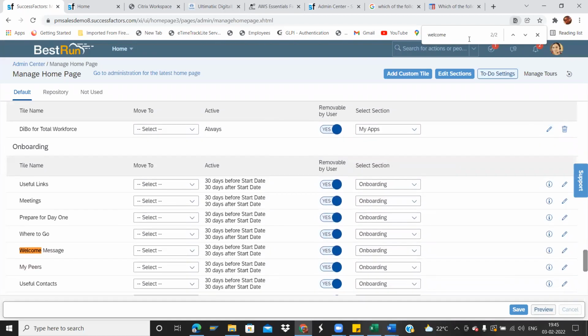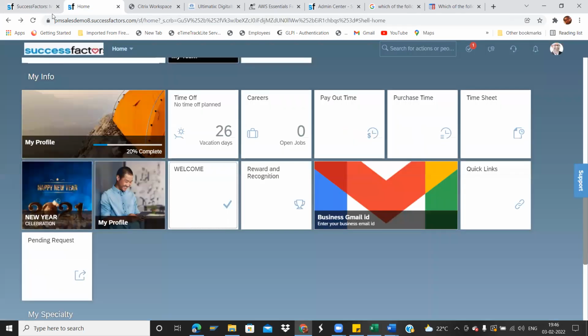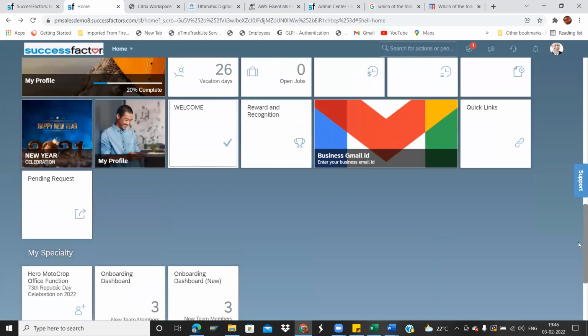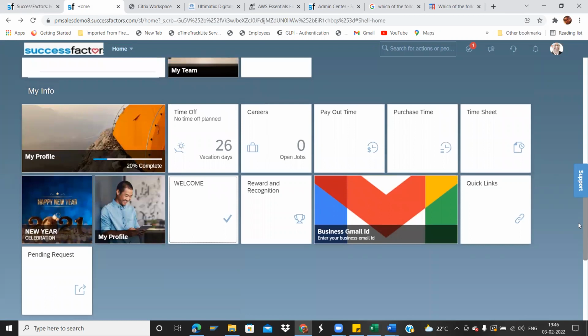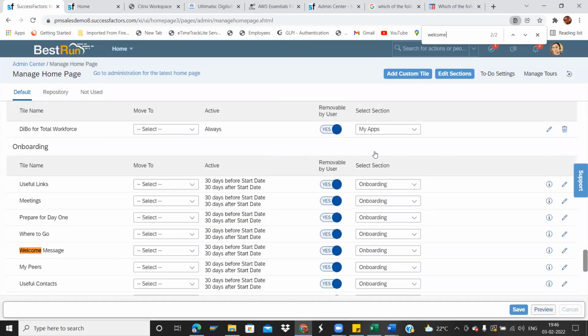Onboarding. On welcome message. No, this is different. The onboarding section is again different. Rewards and recognitions.